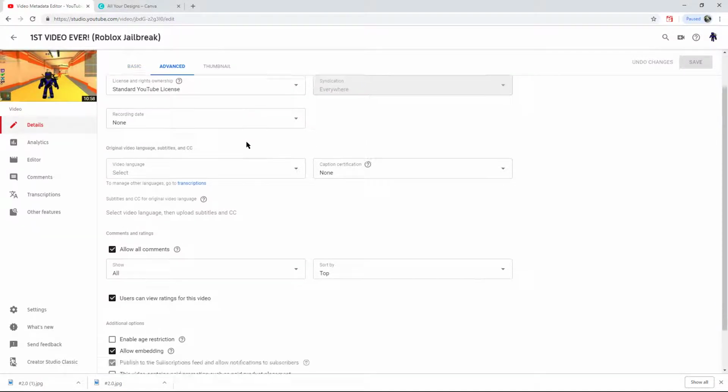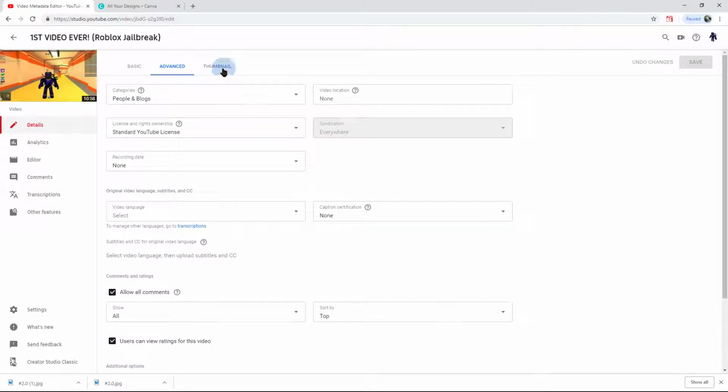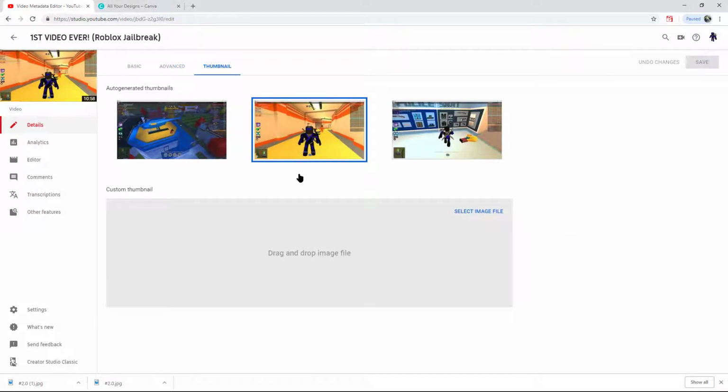Go advanced. This is just kind of like settings, but then here's your thumbnail, and this is what you're wanting to figure out. When you record something and upload it to YouTube, YouTube will find frames of your video to use as your thumbnail. As you can see, I can either use this one, which is highlighted in blue, or I could use this one or this one. I'm going to stick with this one, but